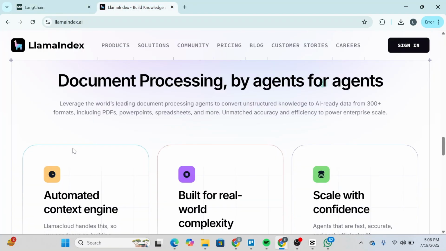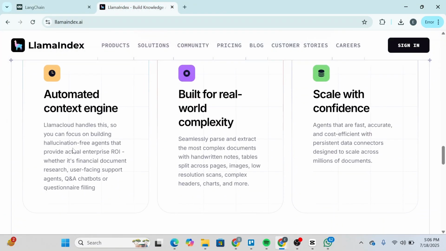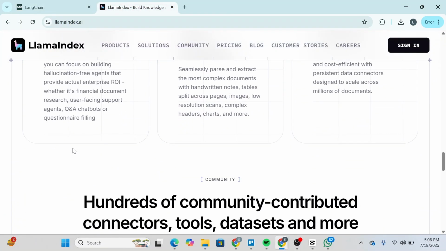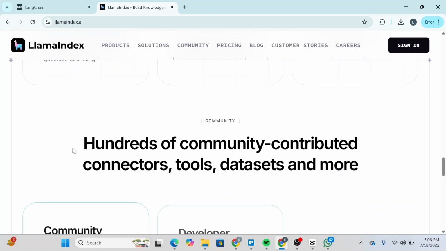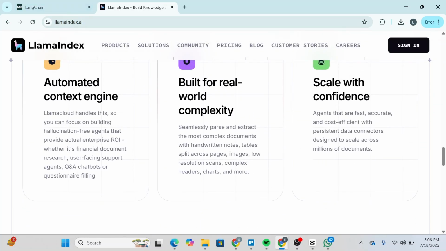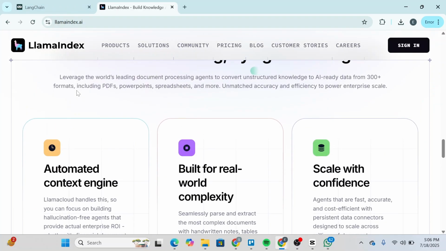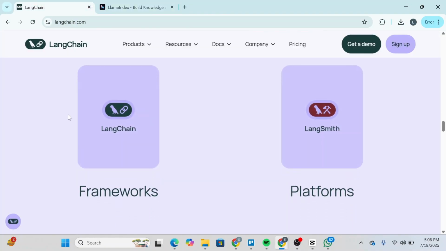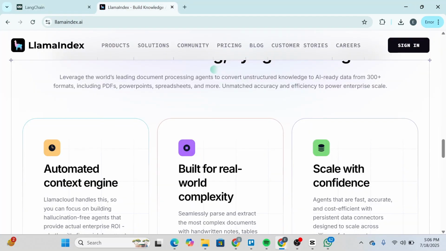On the other hand, LlamaIndex is built specifically around data retrieval. If your goal is to allow an LLM to query documents intelligently, think smart search, summarization, or document question and answers. LlamaIndex is purpose-built for that. It supports custom chunking, hybrid search, and out-of-the-box embedding pipelines. While LangChain gives you total freedom, LlamaIndex gives you a focused, fast path from data to output.